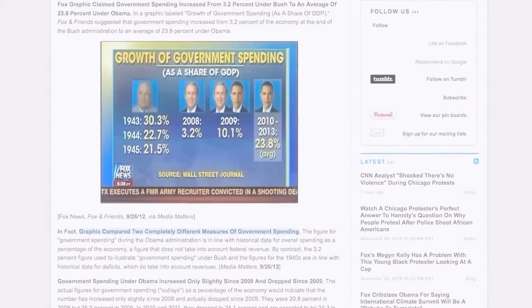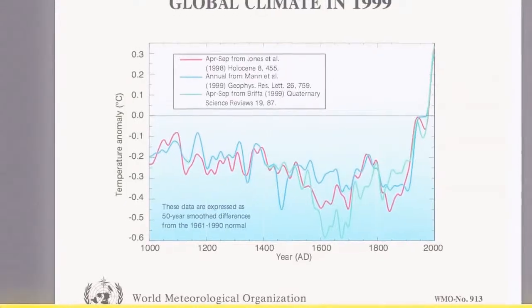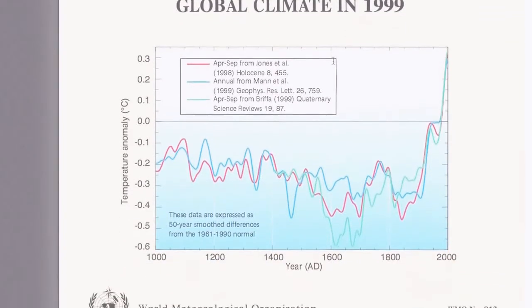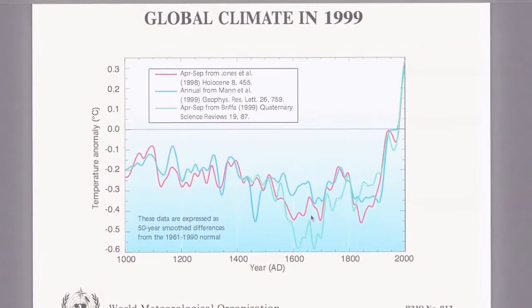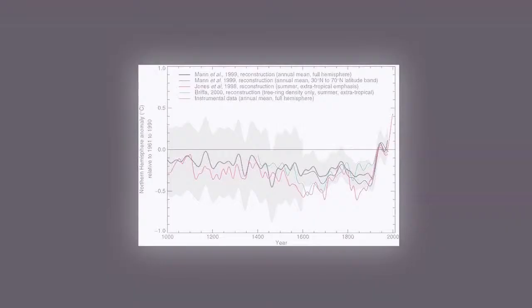But it brings to mind another nightmare of a mess graphic, one that will probably be familiar. Pop quiz, anyone know what this is? Oh yes, of course, it's the cover of the WMO, World Meteorological Organization, 1999 Status of the Global Climate, which, of course, is better known as the hockey stick. This is where it first made its big public splash debut, on the cover of this publication that came out in 1999, and made its way eventually into the third assessment report of the IPCC in this format,